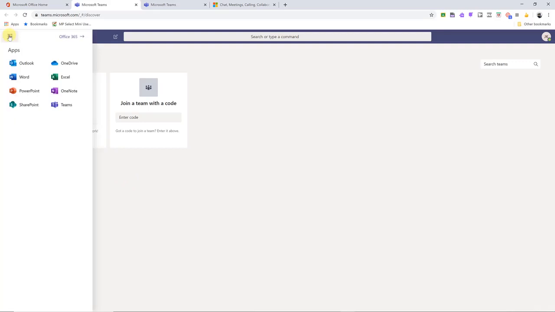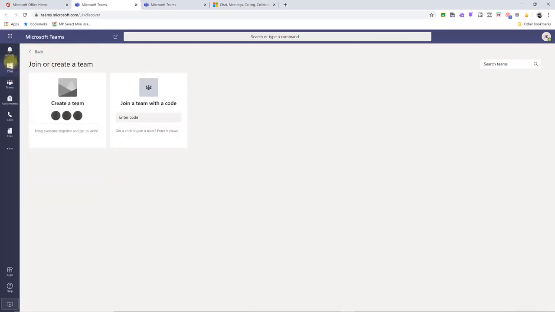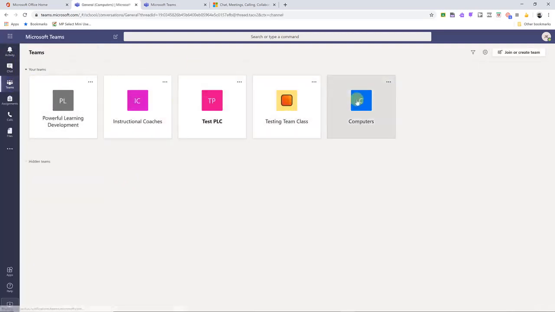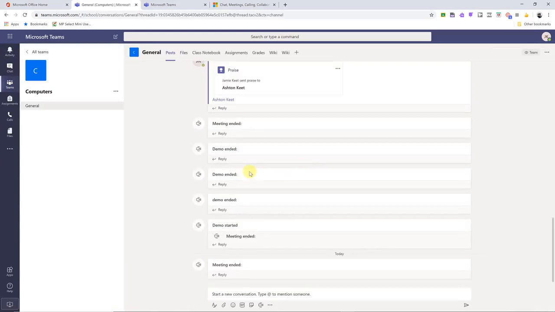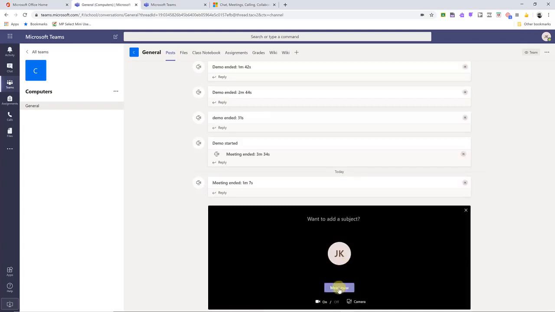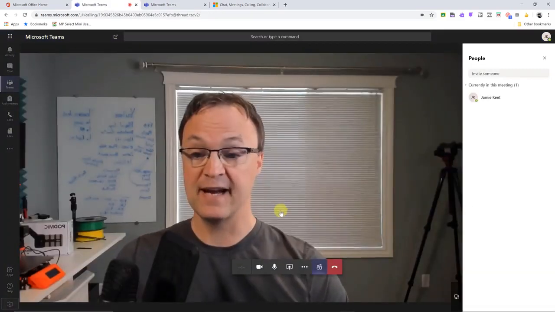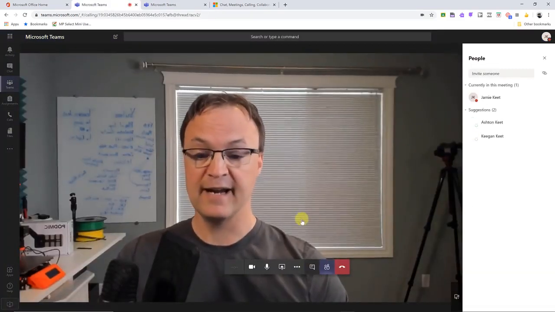If I go to one of my teams here, just let me click on my teams, and I'm going to go to this one. You can, inside your general post and everything, and do take a look at the tutorial I have on this to dive in deeper, but you can go ahead and meet online. So if I go meet now, you'll see I have my camera open here,